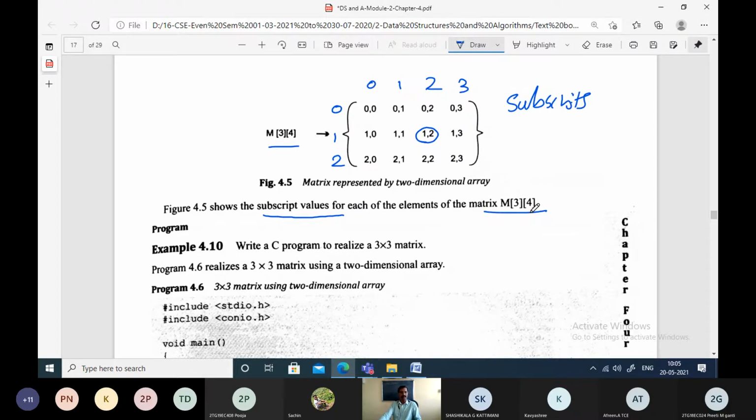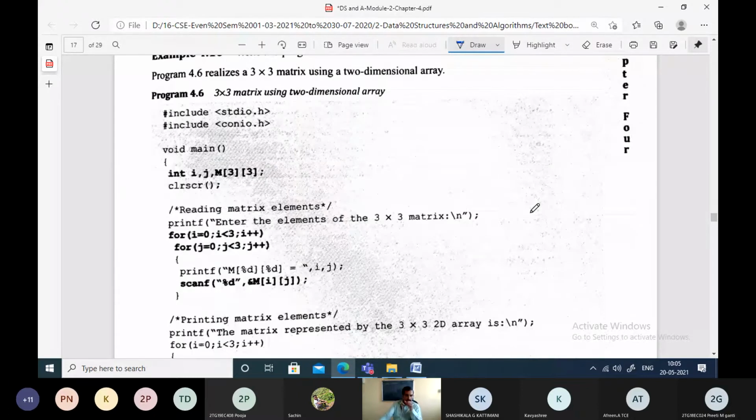Now let us see one simple example program for implementation of the matrix. This is where we are declaring the matrix. M is a matrix which consists of 3 rows and 3 columns.